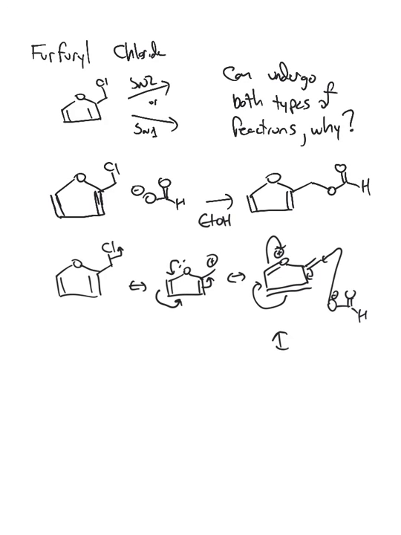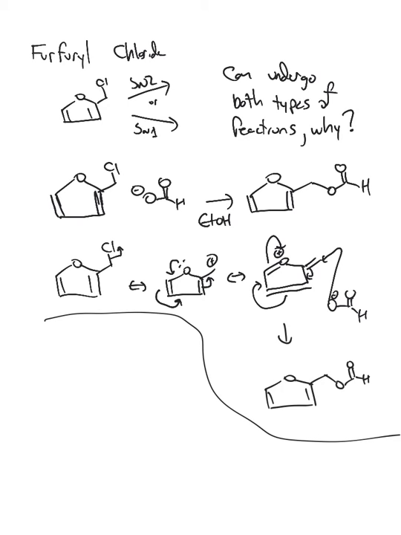Now we can also think of it as happening where, to draw it in a shorter way, we can have the furan ring kick off the chlorine. So here's one way we can draw the mechanism, and it explains the formation of the cation,